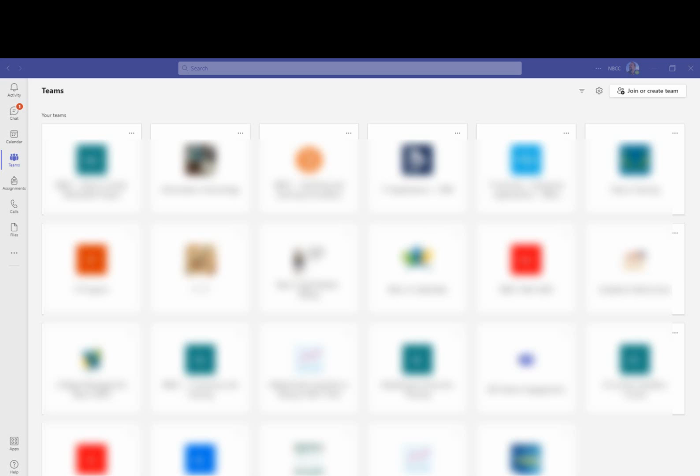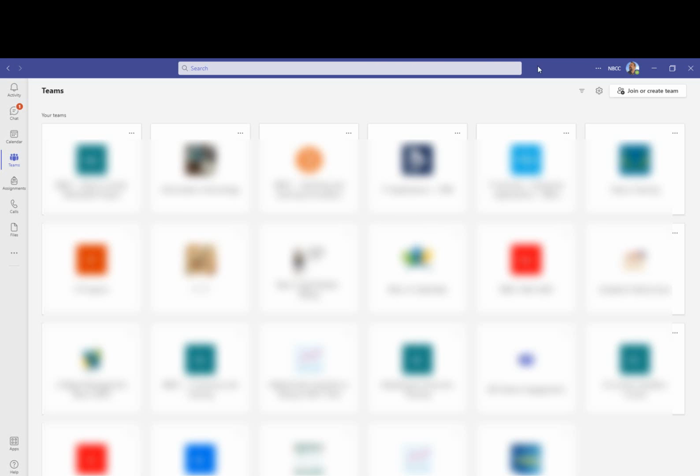And so where we're going to begin is at the Microsoft Teams application. Now, you can adjust your audio settings either within the Microsoft Teams application, when you first enter into a meeting, or while you're in the meeting. We'll look at all three of those options in this video, but we're going to begin in the